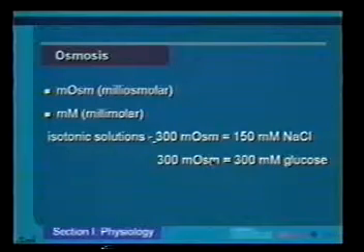If the compound or particle does not dissociate, then 300 millimolar is equivalent to 300 milliosmolar. Since glucose only forms one particle per molecule, 300 milliosmolar and 300 millimolar will both be isotonic solutions. Now, this would be a good way of testing your understanding of these units here, as well as testing some